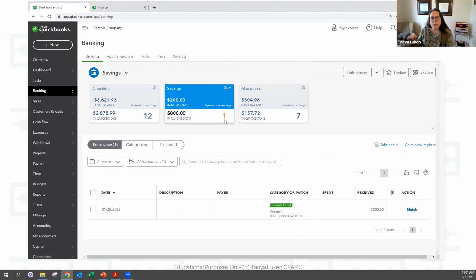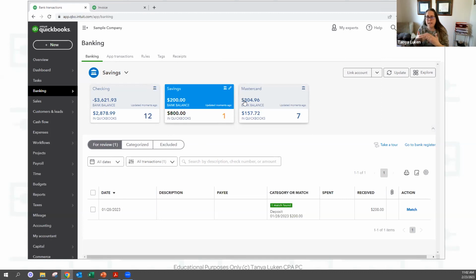And QuickBooks looks at these bank feeds in a silo. So it looks at your checking account all by itself and your savings account all by itself and your MasterCard all by itself. So it doesn't necessarily see that the payment that you made from your checking account to your credit card account are the same transaction. It's two halves of the same transaction. So there's half of it in your checking account and half of it in your MasterCard, right? It doesn't see that those two things go together.